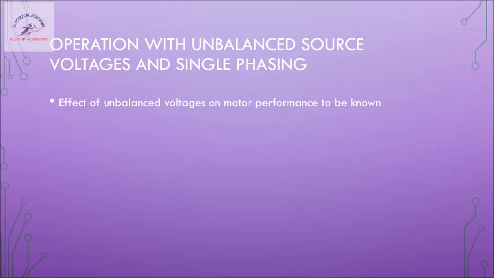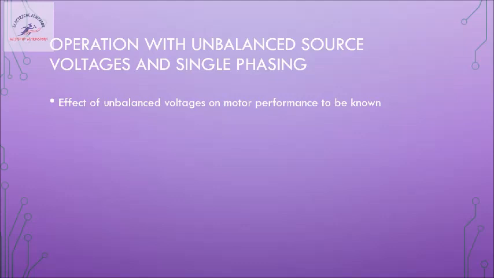Suppose there is some fault in the power system. It is true that there are fault detectors, relays, and circuit breakers to operate. But before they operate, what exactly happens? The detection of the fault and operation of the circuit breaker is not instantaneous. There will be a small time lag in terms of milliseconds, microseconds, or nanoseconds. In that small duration, what happens to the performance of the motor?